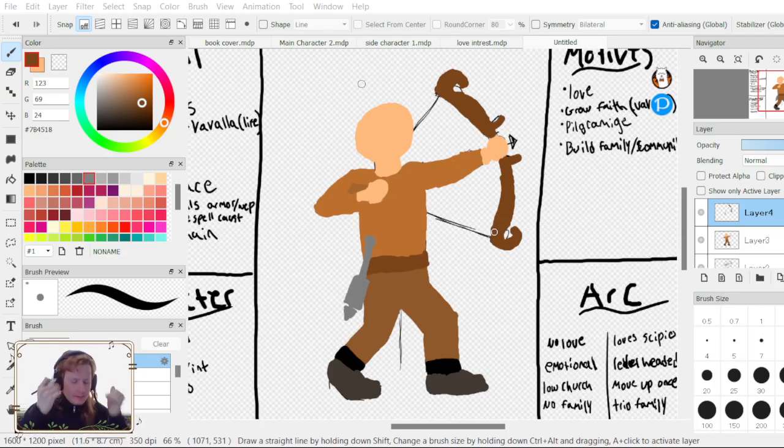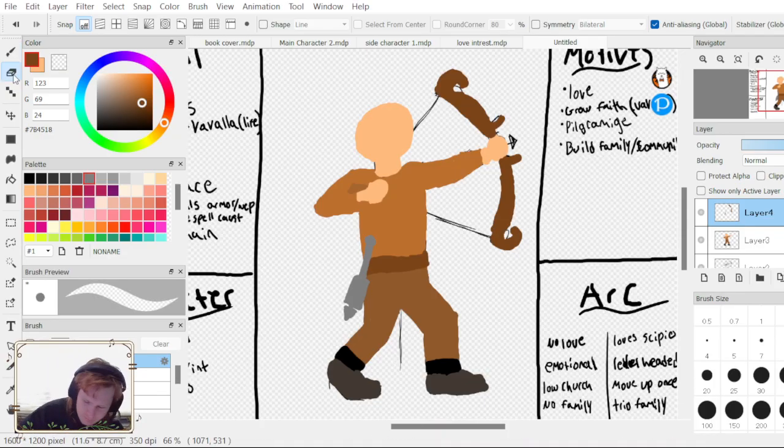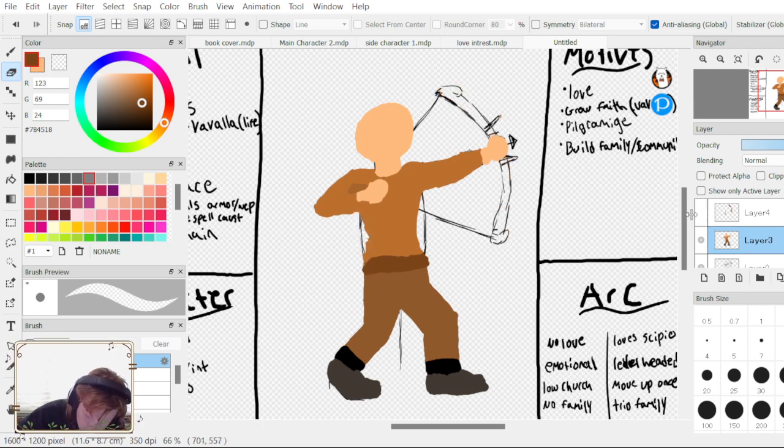So I need to trim down the midsection. Get that hourglass figure going. Let me hide that layer while I'm doing it.